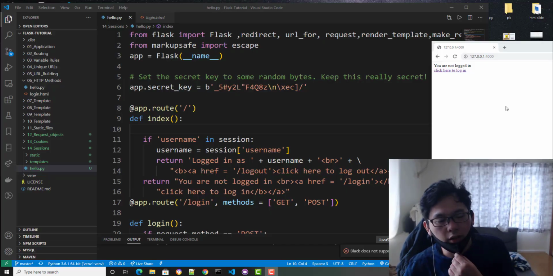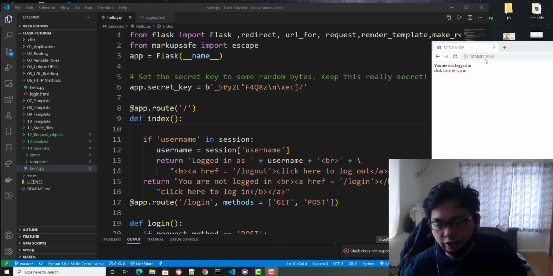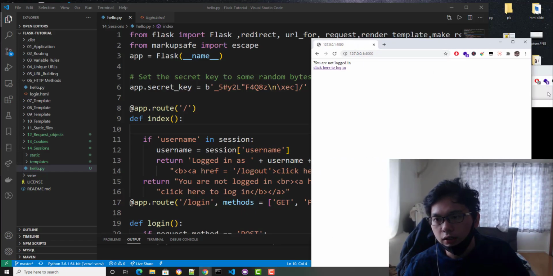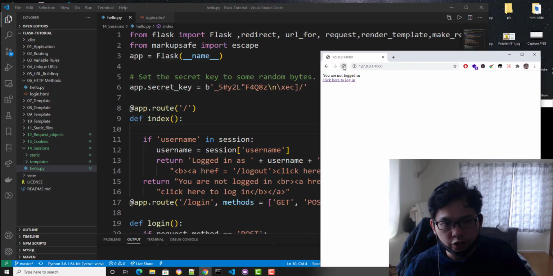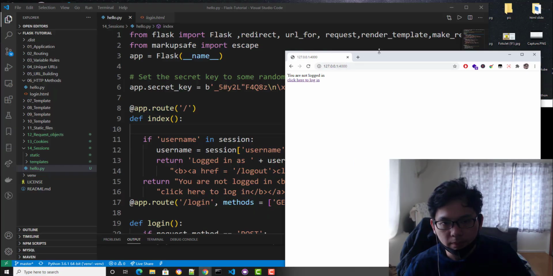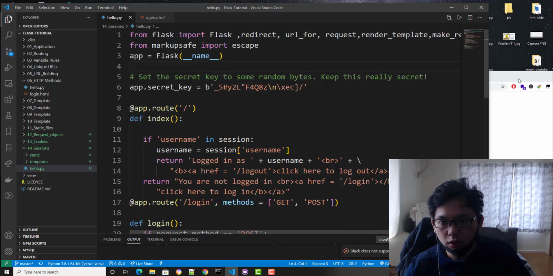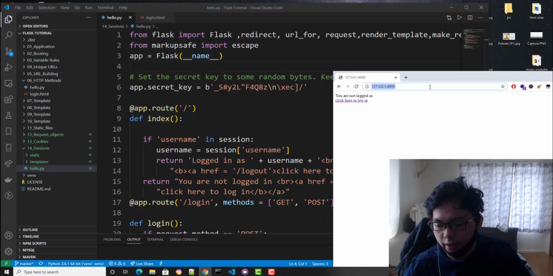And yeah, that's it. And you know what, I'm gonna run this thing anyway so you can get the idea. Okay, so if you are logged in, this is the easiest way session can be explained. If you are on the website and you are not logged in, you're gonna get a prompt: click here to log in. So enter your name. I'm gonna enter mine and submit it. Even if I refresh the entire page, the browser knows who I am. And yeah, that is session anyway.